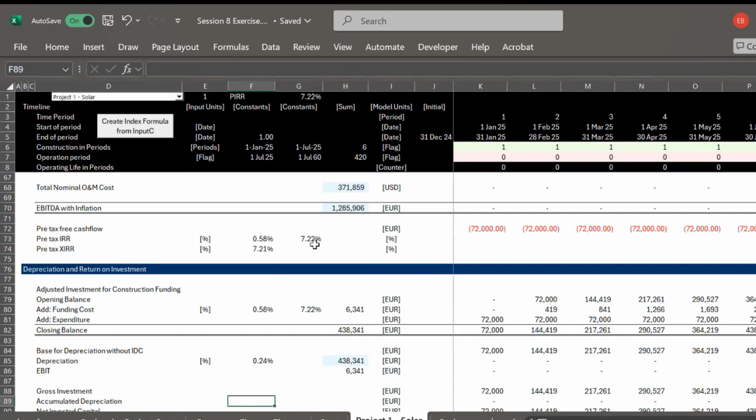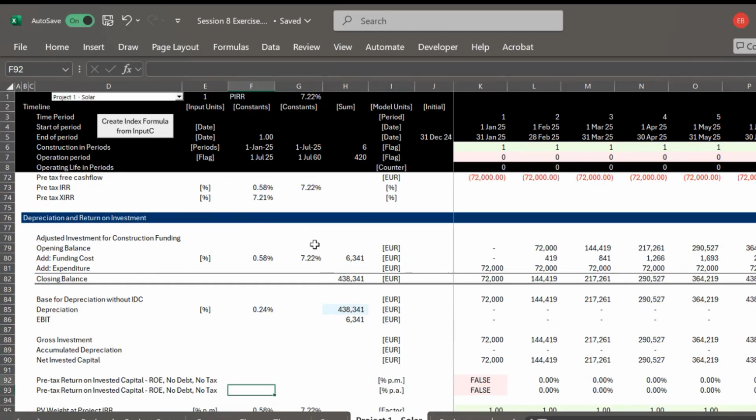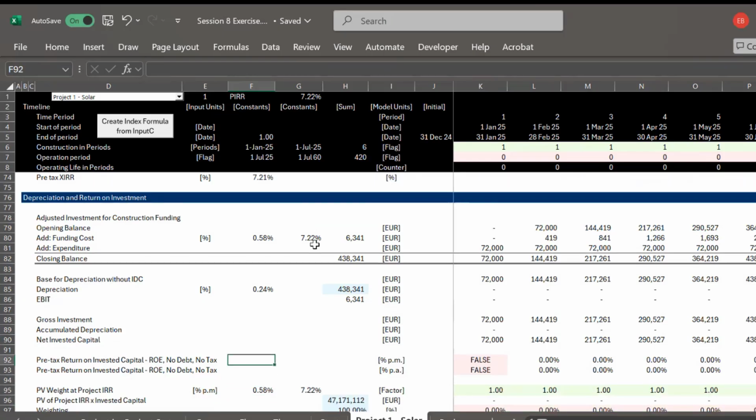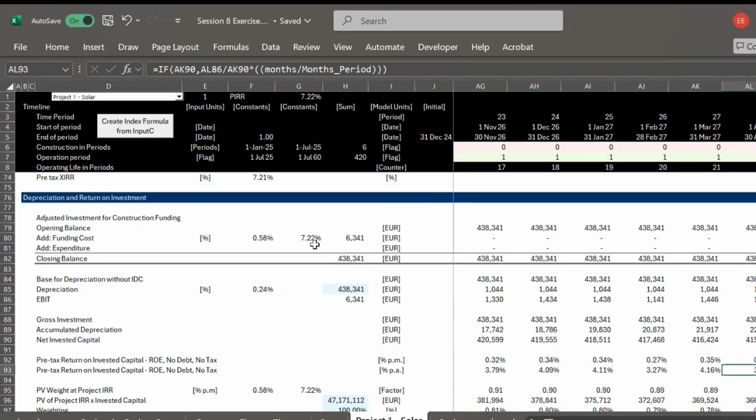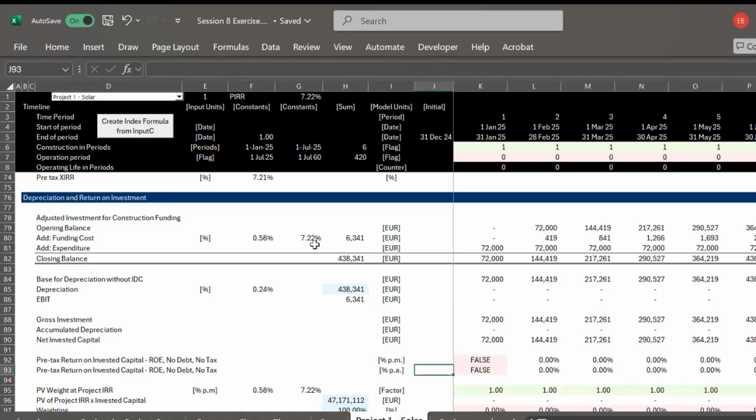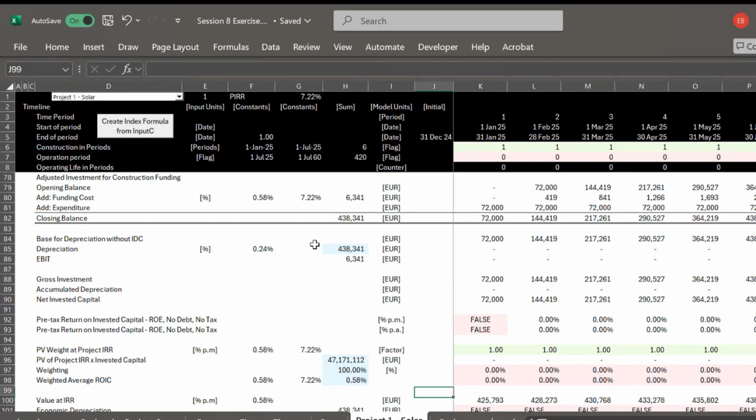Once we have our project IRR, the problem is if we put some straight line depreciation in our project IRR, I know I'm repeating this and I'm really sorry. When we have our return on invested capital, I put this on a monthly basis and then annualize it later, and the problem is our return starts really low month by month, and then it goes really high. Then I said, oh, we can take the weighted average of all these